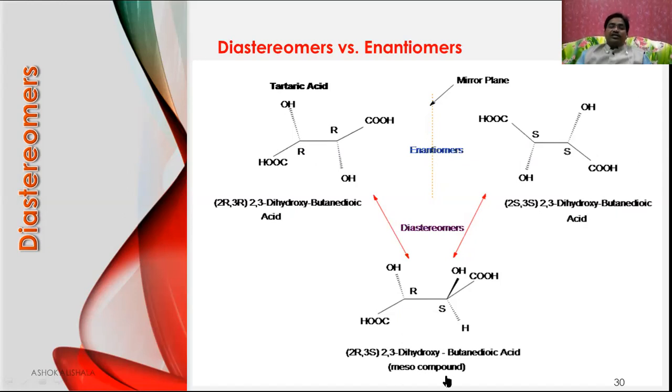Now here this is going to be the meso compound, where one is twisted. That means one is turned like this, and you will get mesotartaric acid. When it is twisted, you will get a meso compound. The melting point of this, or this, is around 175 degrees centigrade, but this meso compound is around 145 degrees centigrade. In this way, it is very interesting.